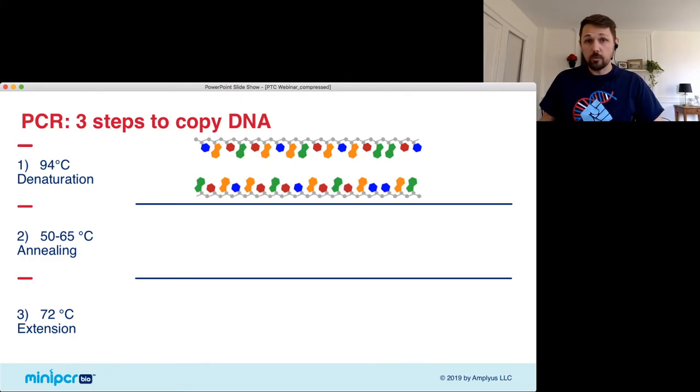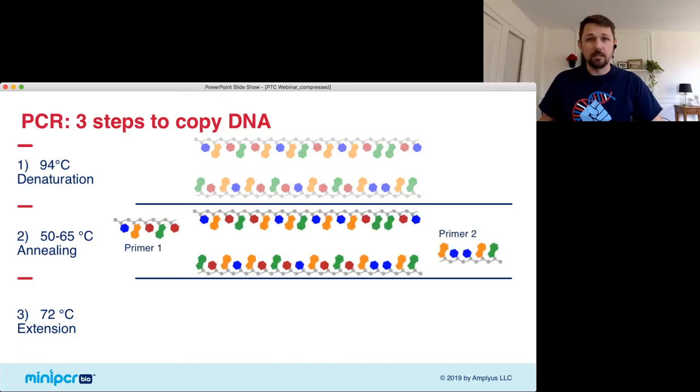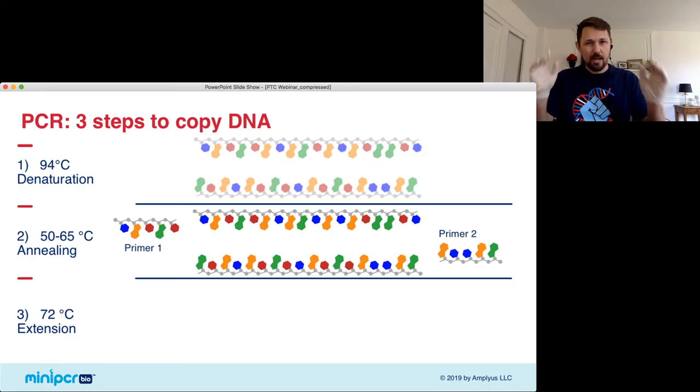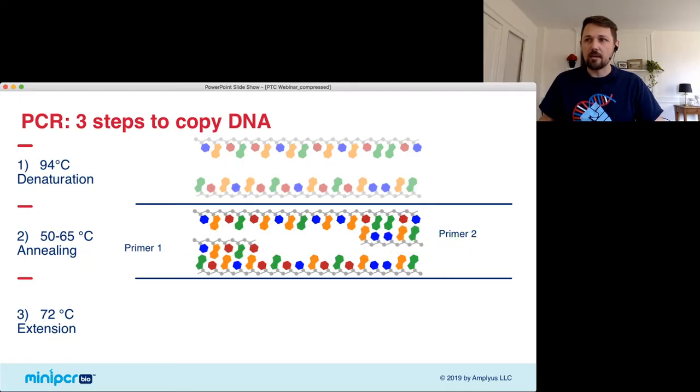Now the next thing we do, for this one we set it to 58 degrees, that's the annealing temperature. When we do that, things start to come back together because we're cooling it down. But in here, we've put in these primers. And these primers, I said, are what find the beginning and the end of the sequence. So the primer binds to the beginning and the end of the sequence because we've designed them to. These primers are normally about 20 nucleotides long, plus or minus a little bit. So we design special primers for every lab that are complementary to the beginning and the end of our DNA sequence. Then we heat it up to 72 again,